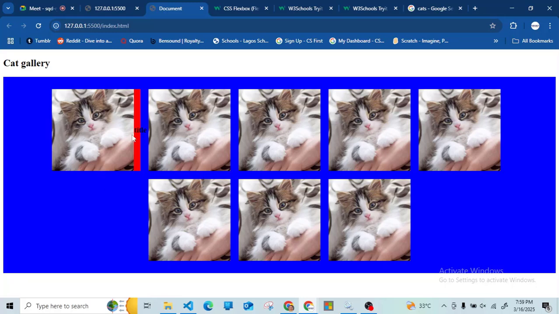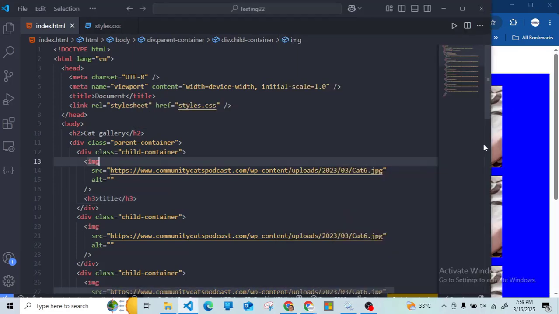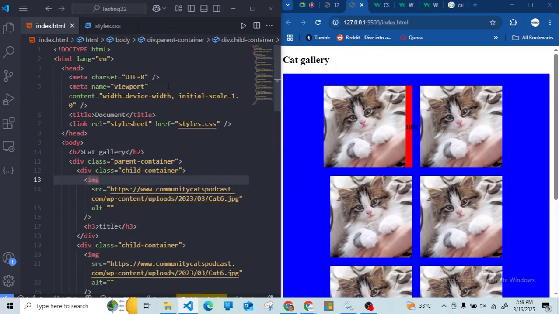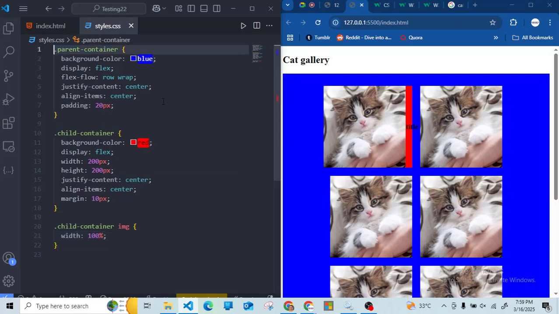Now I added my title and the title is going to stay by the side. It's going to stay by the side instead of going to where I want it to be. It is staying by the side. It's simply because,